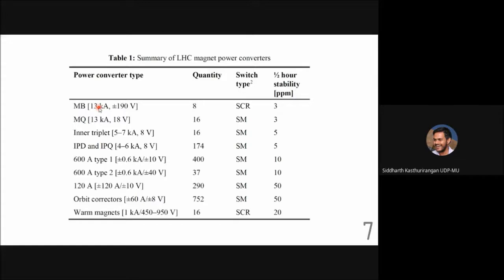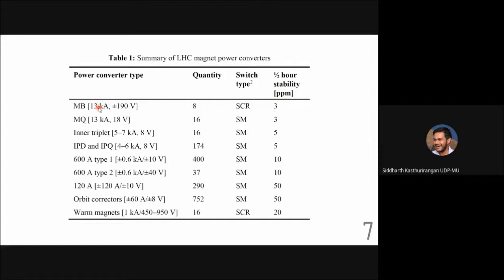See, you know your normal household plug point. The small plug is usually rated for 5 to 6 amperes, and the larger size plug is rated for 15 amperes. This one is 13 kiloamperes, 1000 times larger current. If you try to pass that through some kind of household wire, the wire will burn instantly, just melt. That much heat is generated. So you can imagine the technical restrictions on providing such high currents. Okay, this is the first thing which I wanted to point out.